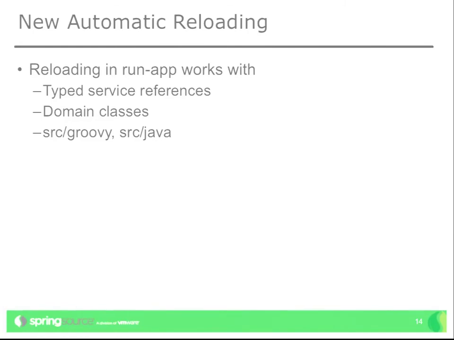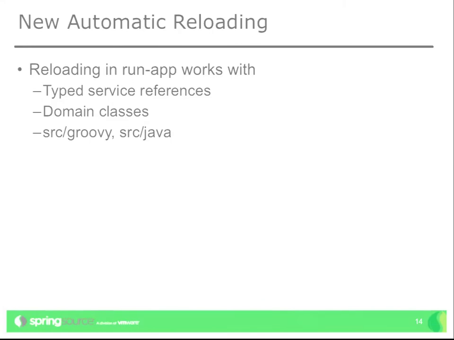In Grails 1, that was implemented using a fairly tedious and complicated class loader approach. And that class loader approach was problematic for a number of reasons. In Grails 2, that was all revamped, and we're using a reloading agent now at runtime. I won't get into the implementation details about how all that works, but what that means to you, the application developer, is the reloading is more robust,